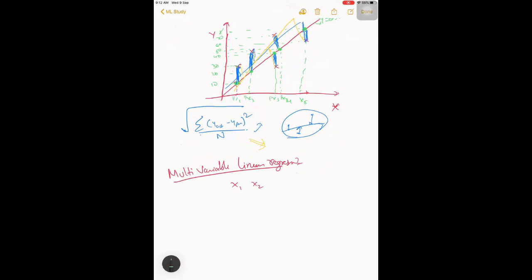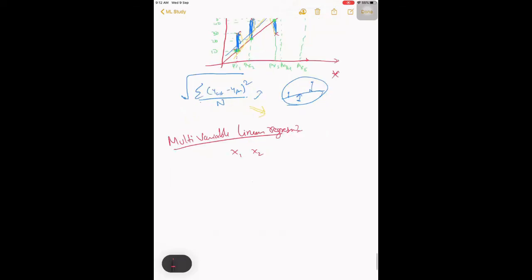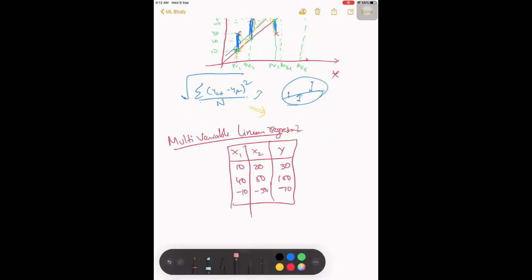We have to find a relationship with y. So you have 10, 20, 30, 40, 50, 100, and some values like minus 10, minus 50, 70.